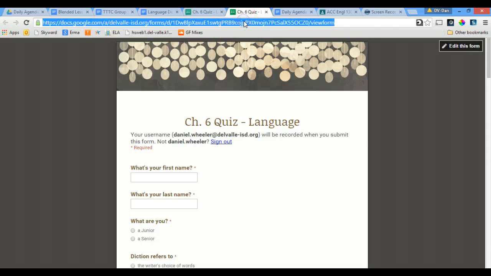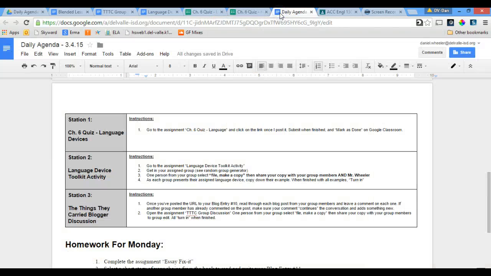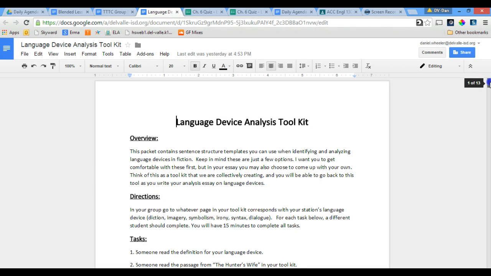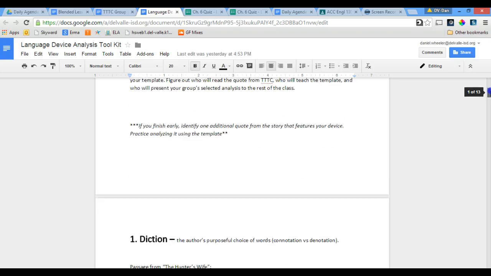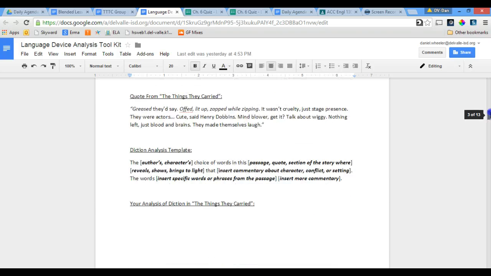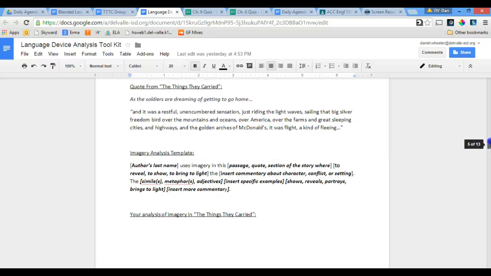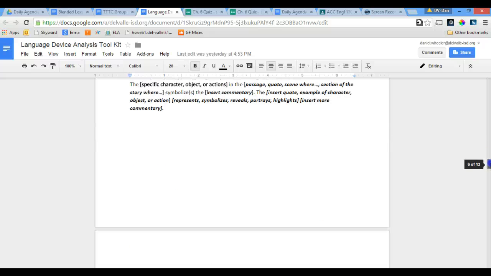So I've got the quiz ready to go, I've got the agenda ready to go, but look at station 2. It's another assignment called Language Device Toolkit Activity. That's something I had to create ahead of time. I created a Google document activity where the students will be getting in groups. We have 6 language devices, 1 for diction, 1 for imagery, 1 for symbolism,